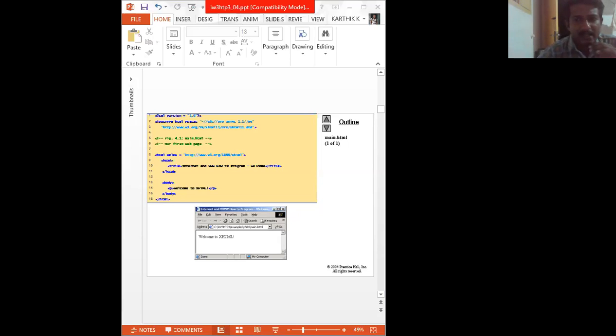The head section contains information about the page, which helps the browsers determine how to render the content, such as the title.